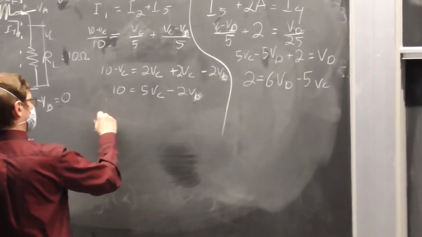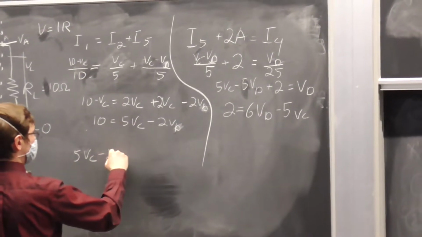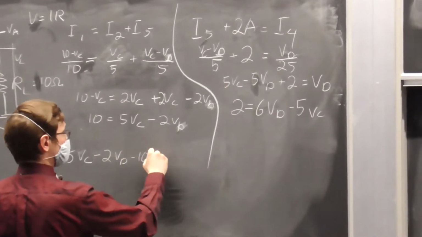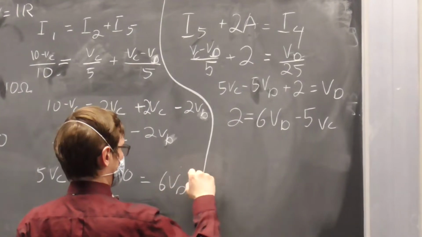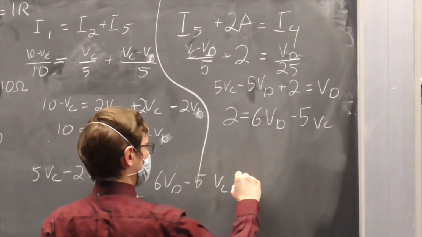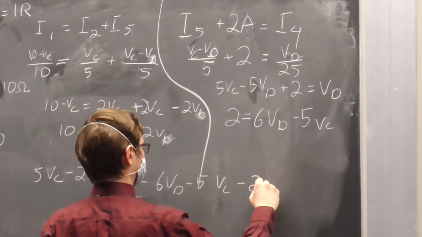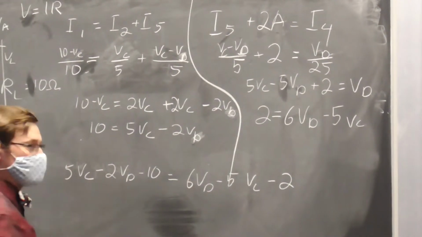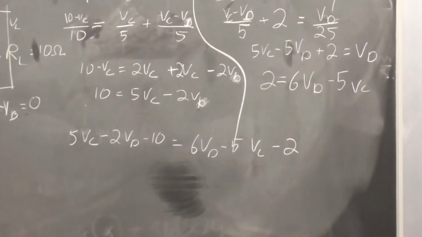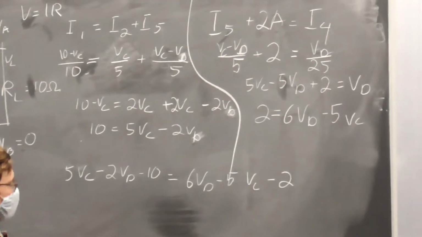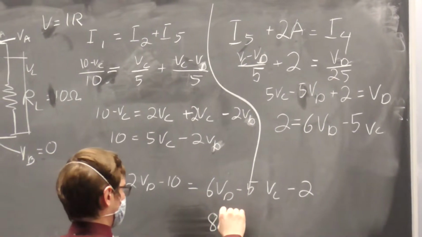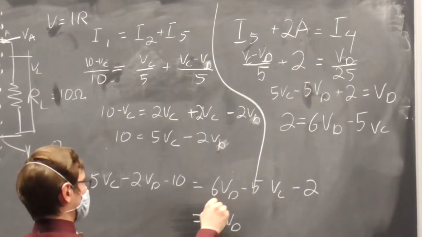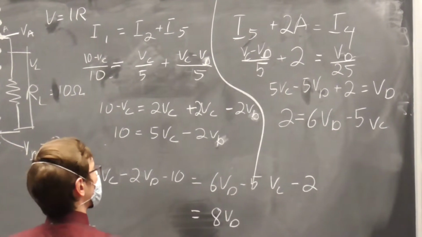So, 5VC minus 2VD minus 10 is equal to 6VD minus 5VC minus 2. I can tell I've lost the class as I do some basic algebra. So 8VD, oh my,